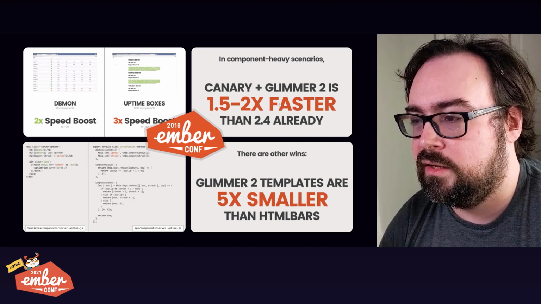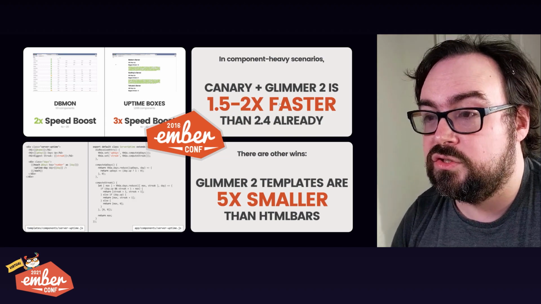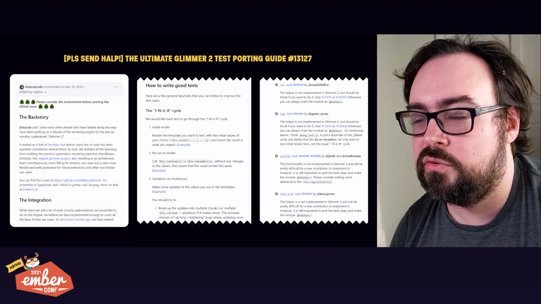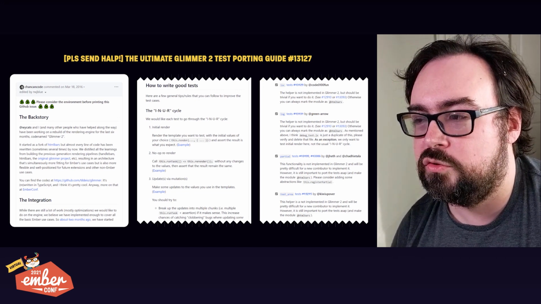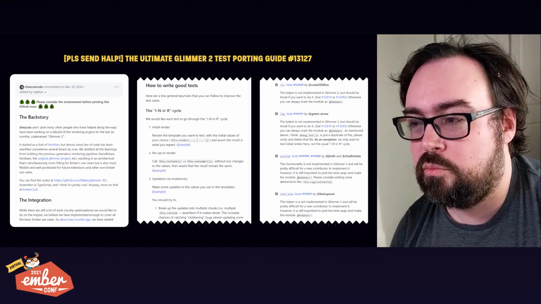If we wanted to commit to compatibility, Ember's tests were going to get in the way. They were pretty coupled to the old implementation, and that was going to be a ton of work. We had hundreds of tests that were coupled to old implementation details. We needed all of our tests to be abstract enough to test both Glimmer 1 and Glimmer 2 at the same time. And that's easier said than done. And it wasn't a very mechanical problem.